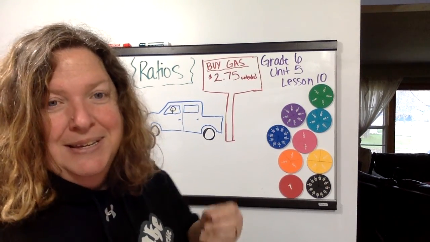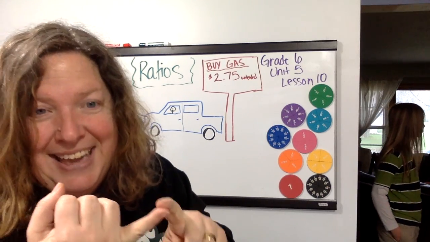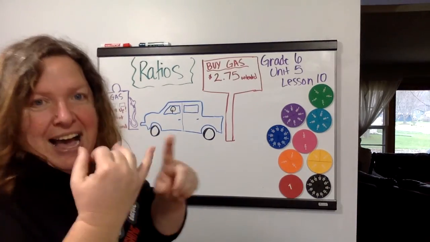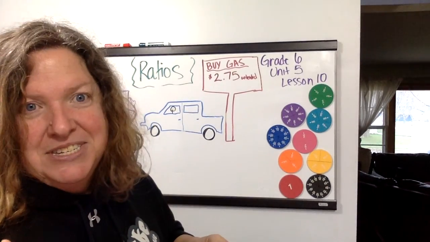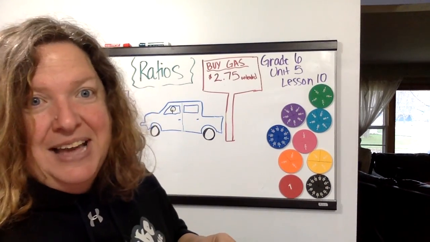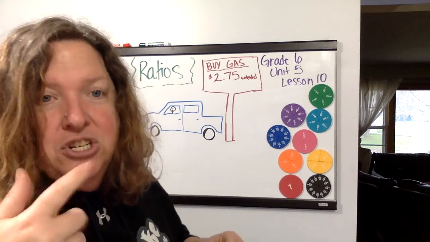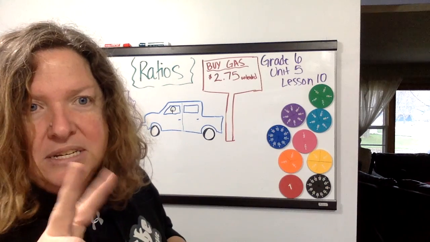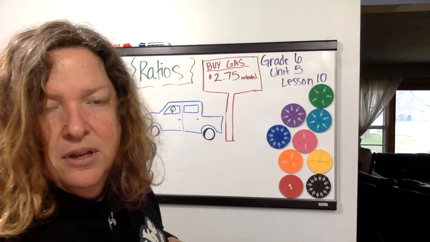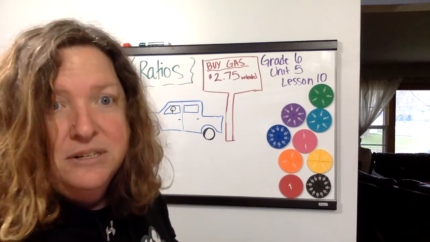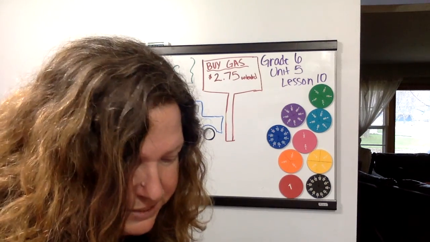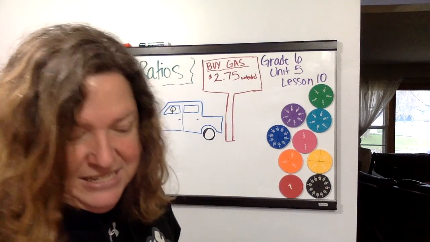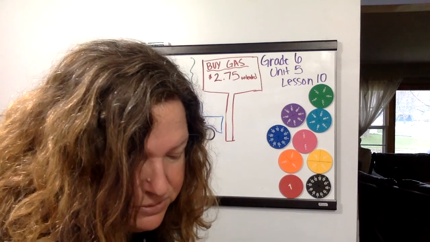Well, I hope you said the amount of the gas, and I hope you also said the cost of the gas, because how much you buy changes with how much you put in, and then how much that costs you changes compared to how much you put in. So the two quantities that are changing together are the amount of gas, in this case in pints. And in this case, they want us to know how fast it's going. So the amount of gas